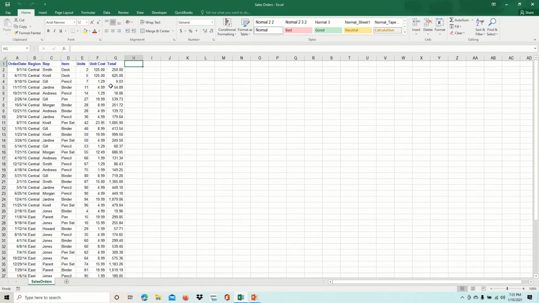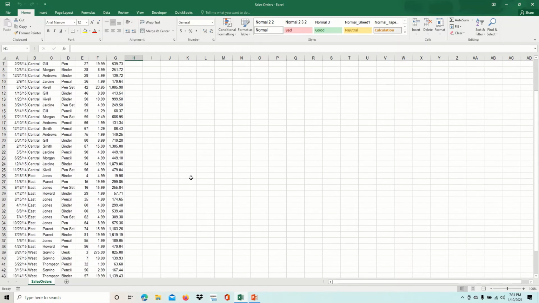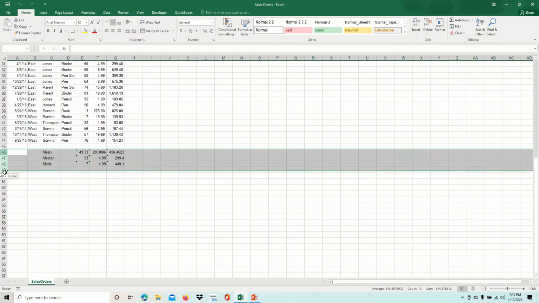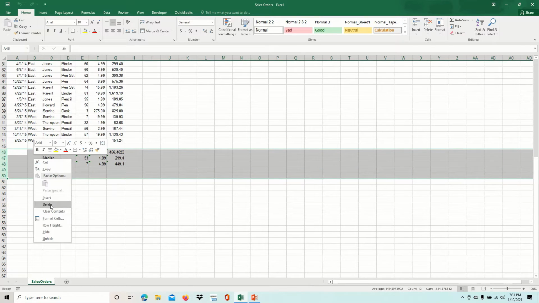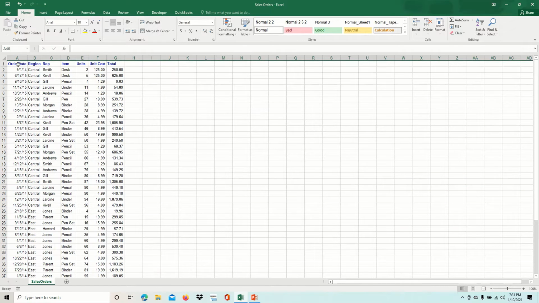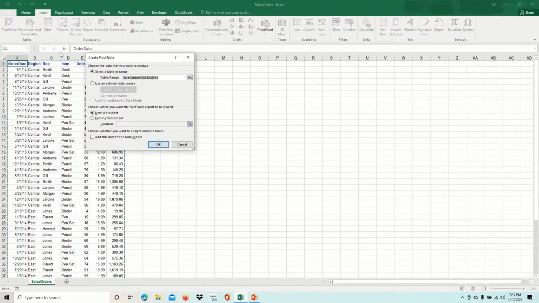Now, this is kind of incredible because if you know the data, like over here, it shows all the data here that I want to use, except for this over here, which I'm just going to eliminate. That is just a nice little thing of the average and the mean and whatnot. But let's say I want this data to use, right? So I'm just going to select just one cell inside the data. Then I'm going to go over here to insert, and I'm going to go over here to pivot table. So I'm going to click on pivot table, and